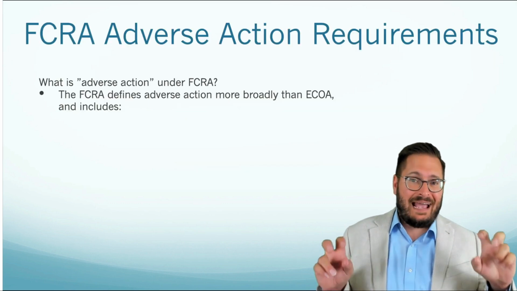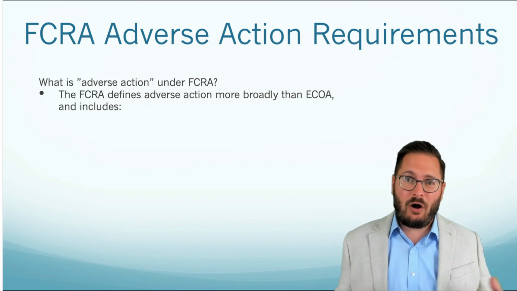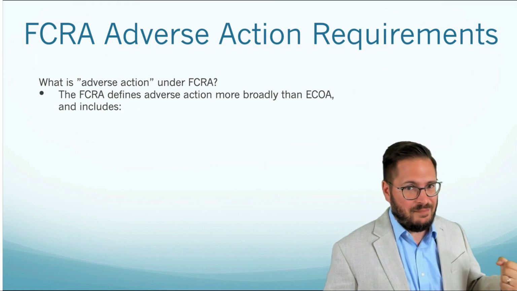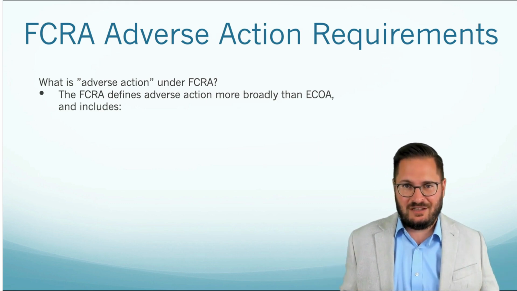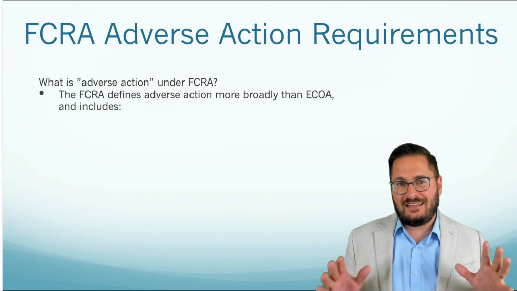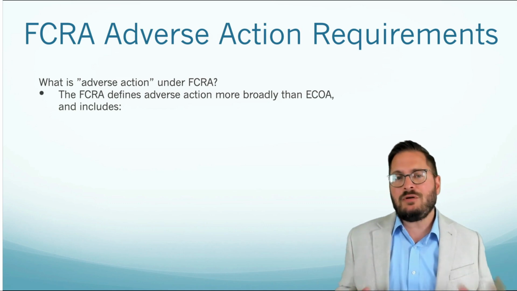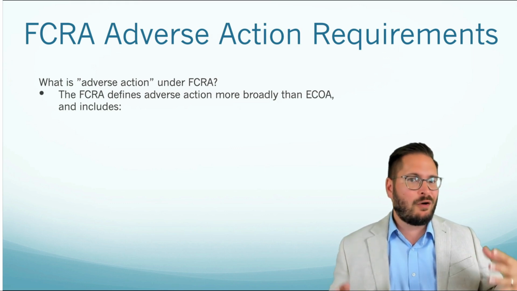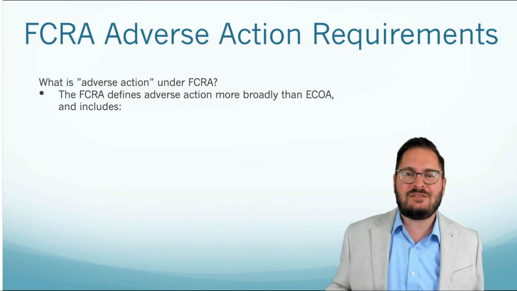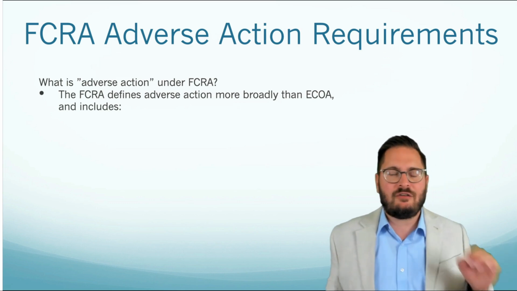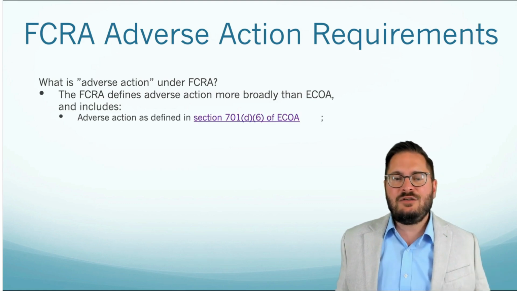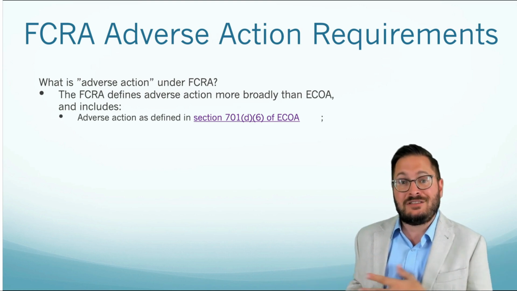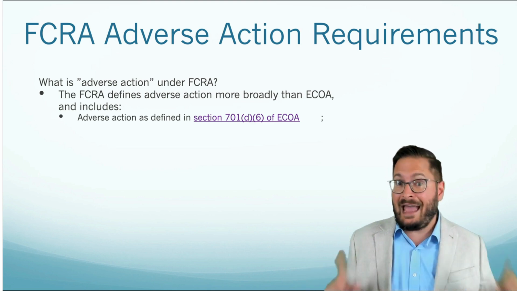Now, an adverse action under the Fair Credit Reporting Act is a little bit broader than how adverse action is defined under ECOA and Regulation B. So typically when we talk about adverse action, we reference the Equal Credit Opportunity Act and the definition under Regulation B. So it's important to understand that the Fair Credit Reporting Act actually defines adverse action a little bit more broad, a little bit wider than how it's defined under Regulation B. So under the Fair Credit Reporting Act, an adverse action includes adverse action as defined under ECOA. So the ECOA definition of adverse action does transfer over to FCRA, but we have to add a few things